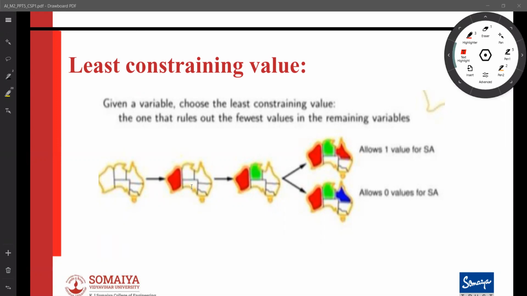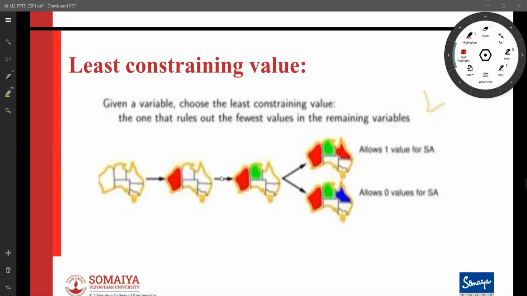So after assigning the value, if I remove more values from the other variables, then I will not assign that value. Suppose assigning a red value over here would remove red from so many variables, then I will not assign red. I will assign the value which will reduce the domains of other variables in a smaller number.